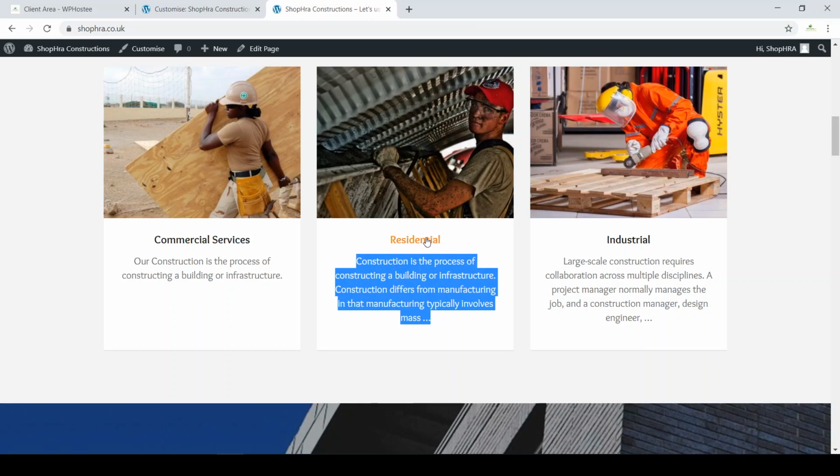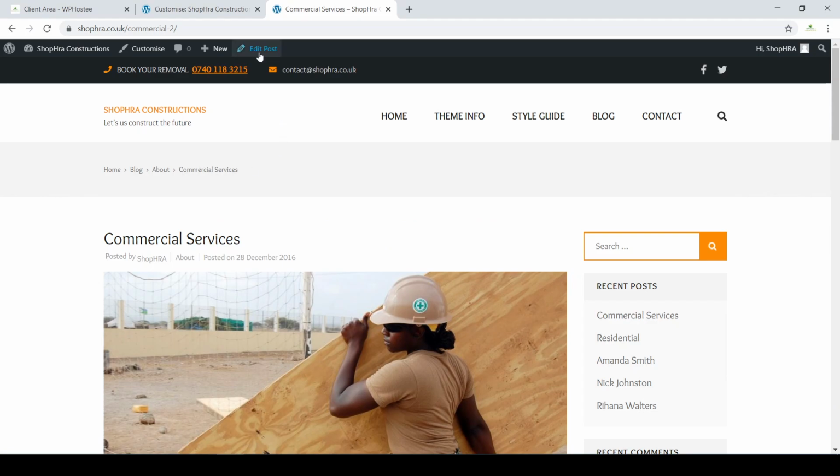And the same holds true with this one. You click on this one, you click edit post or page, depends where you are. Same here. Now I'll show you how to change the text, the picture. Commercial services, I'm gonna work on the same one. Click edit post,